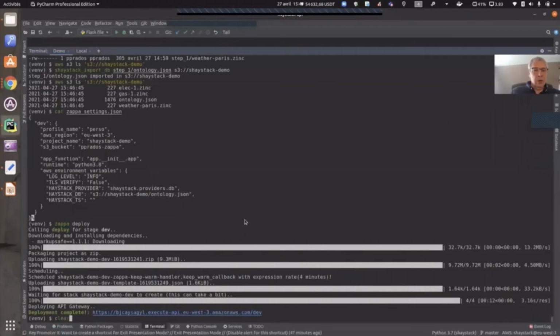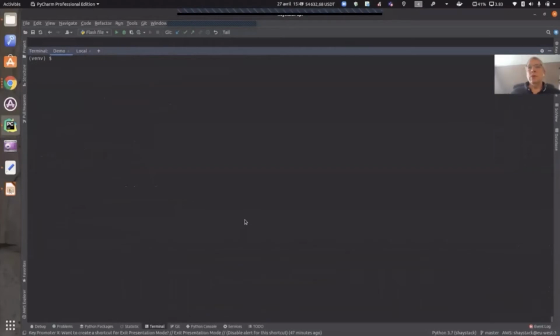Okay. Now I would like to add some entities, but in a MySQL database. So to do that, I start to add in the environment the modules to manipulate MySQL.